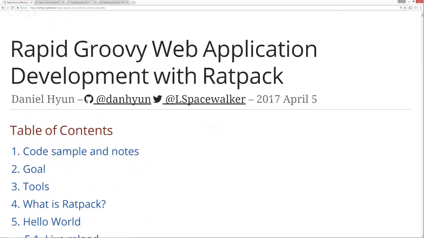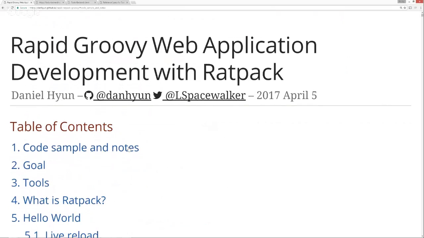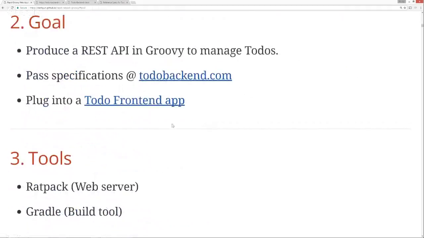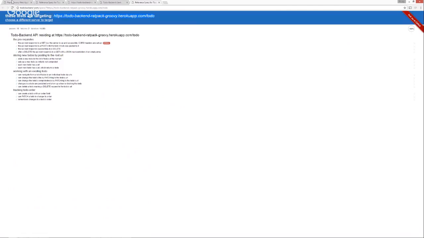For those who are interested, you can go into my GitHub. The name of this presentation is Rapid Ratpack Groovy. We're going to go through how to organically put together a REST implementation. In particular, we're going to be implementing some endpoints to be able to plug into todobackend.com. For those of you who are not familiar with this, this is essentially